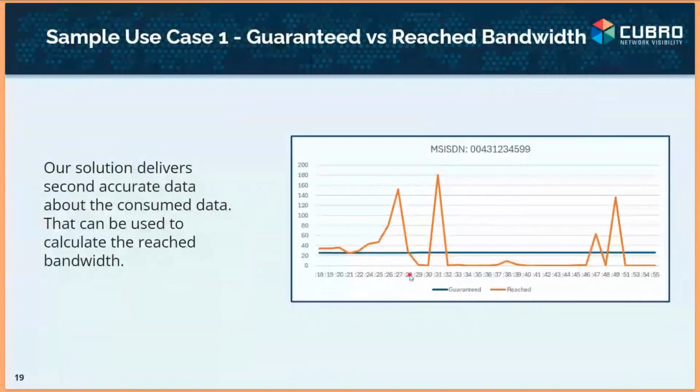So here are some sample use cases that this customer is using. One I already told in the beginning. What they do is, a customer usually will call and say, my network performance, my download speed was not good or was very, very bad. Usually there's only two things that you can do: either believe the customer or you have some way to prove it. And with our records, of course, the operator in this case can easily prove